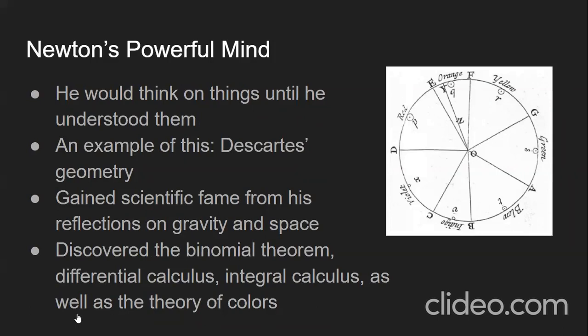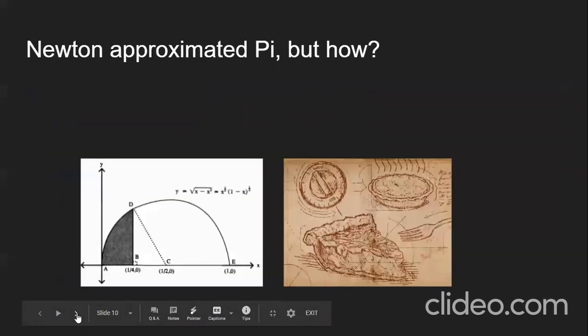His scientific renown came from his work in gravity, which turned out to be surprisingly accurate for his time. He also made many discoveries within math, including the binomial theorem, differential calc, integral calc, and also outside of math, something called the theory of colors, which has to do with the color wheel that he came up with. I think it has to do with how he looked at a ray of light, and he could see that there were like 7 natural colors in it. So yeah, he was very versatile and smart about many things. And now Monique is going to get into some math stuff.